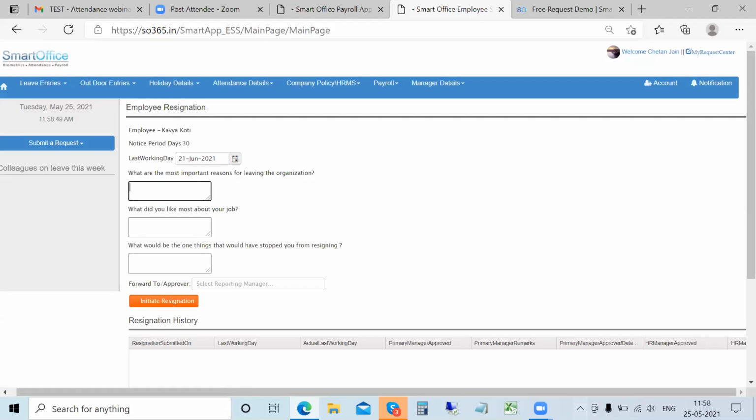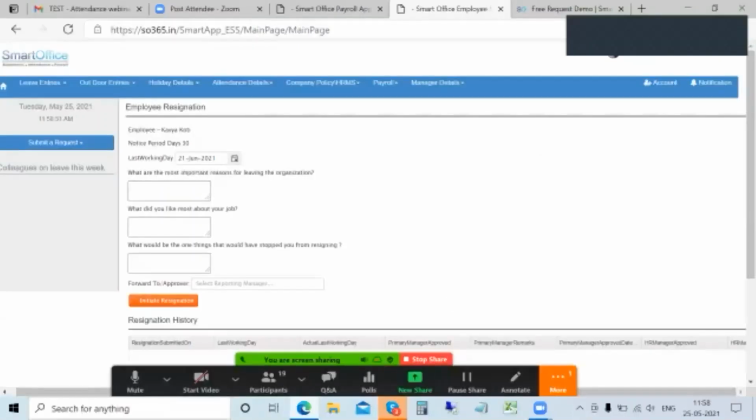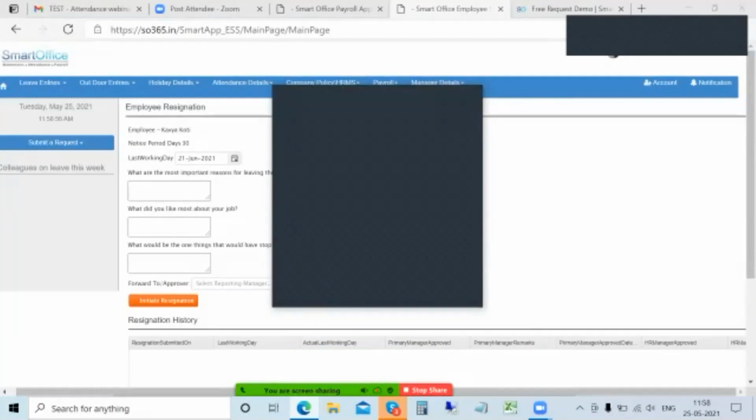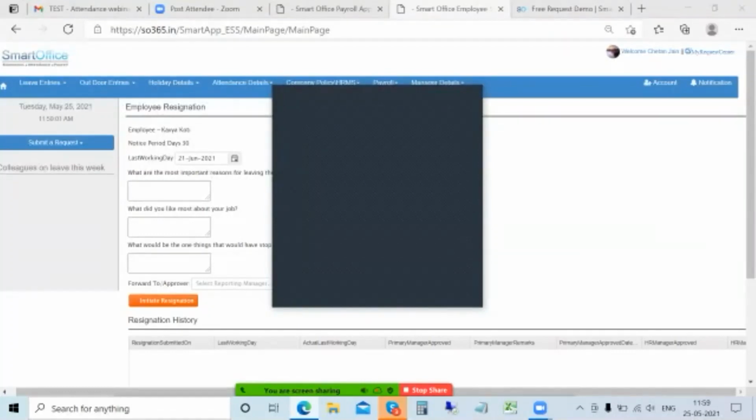We have a question here. Let me check that. Can an employee withdraw the request in his login while it is in process? I don't think so, because once the manager has approved, it goes into. There's one question from our attendees: can an employee withdraw the request in his login while it is in process? The employee will not be able to